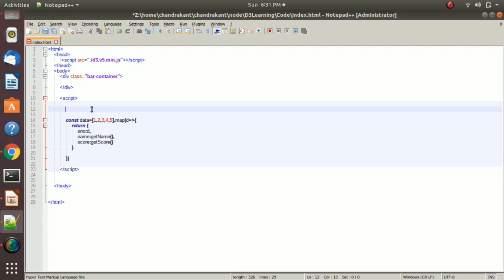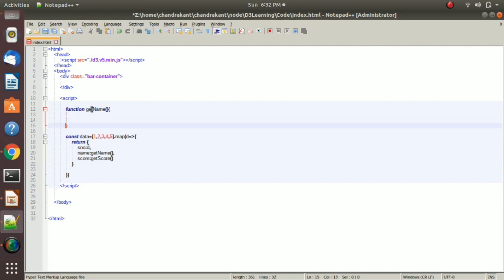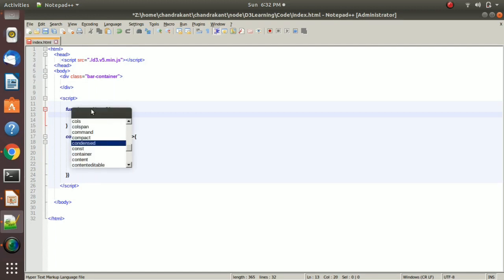Here we will create the function getName. What this function will do is create random names.